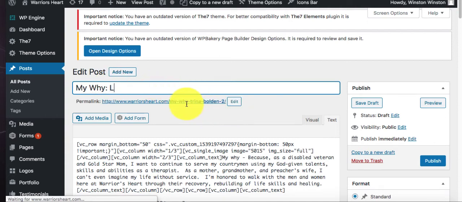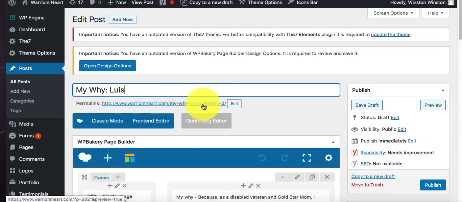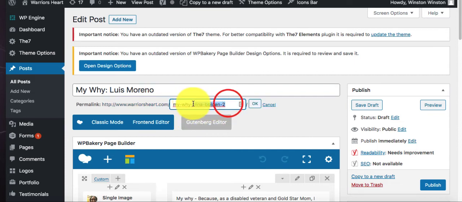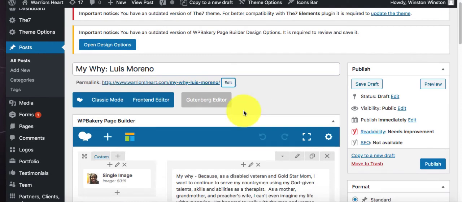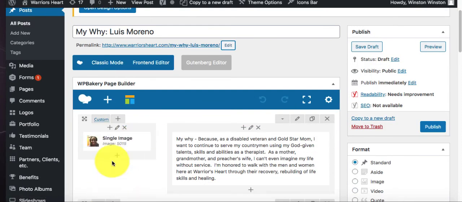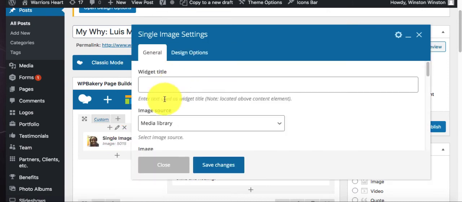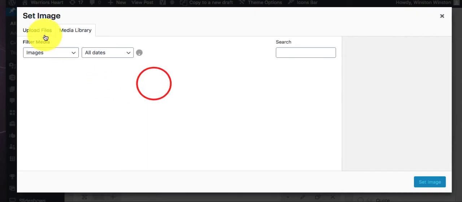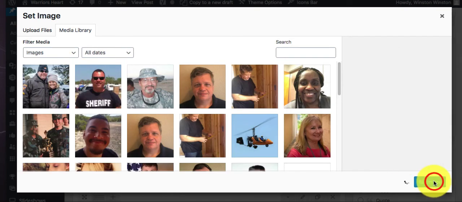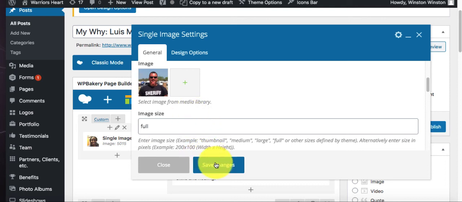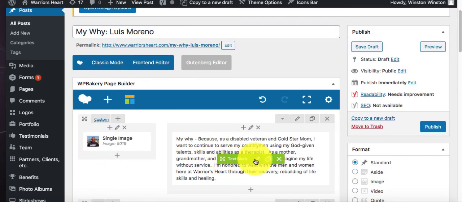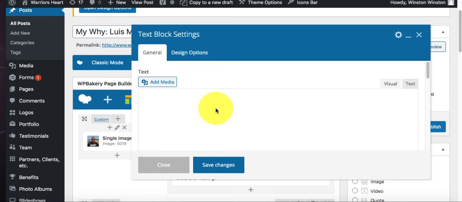So if we had just done that where it's /my-y- and then in this case, let me just add Moreno, so we have it exactly as it should be, Moreno, and then right here MyY-Trina. So we're going to change that to Louis Moreno, right? We hit OK. Then we come down here, we change this image. It only takes one image, which is the profile image. So we're going to do that one, and then bring in the image again. We're going to look, there it is in our thing, set it, and then once it's set, we're going to hit save. Now we can see that it's there, and then the MyY would be right here,